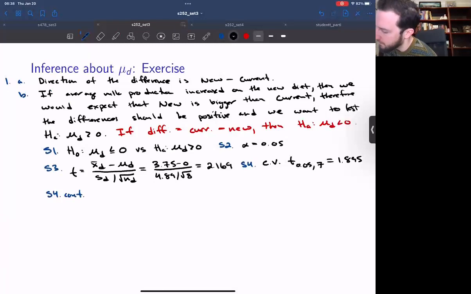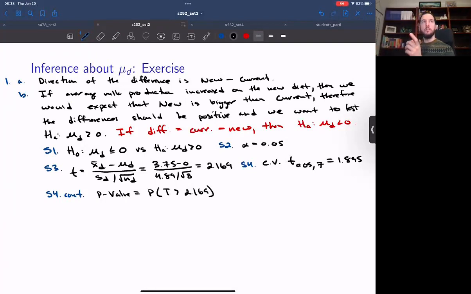Okay, so step 4 continued. In this situation, the p-value is going to be the probability that t is bigger than 2.169. Okay, so our p-value is going to be the probability that a student t random variable exceeds 2.169, which is our test statistic. Again, upper tail test, so we're looking for the area above the test statistic in this case. So we can say since,